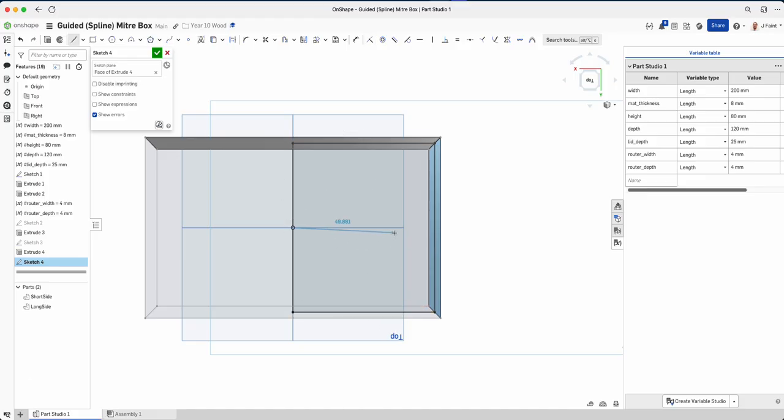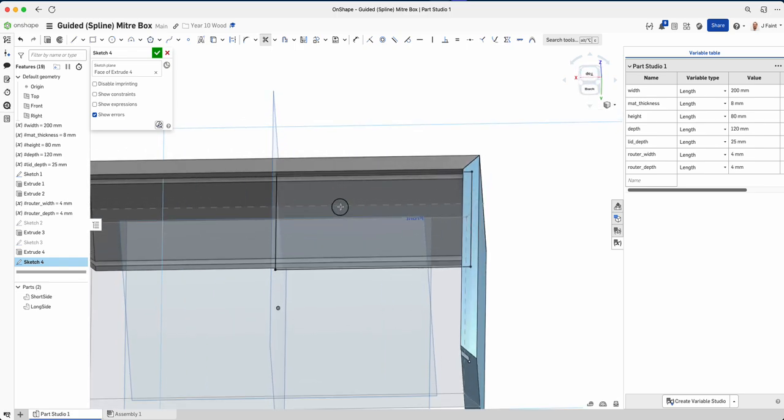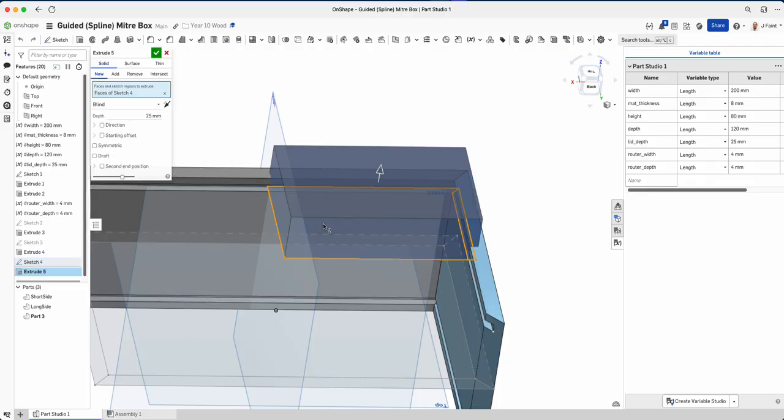I actually only want a quarter of it. So I'm going to go all the way through to that. And I can M, so M is trim, cut those ones out. So I've just got a quarter for the moment, and then we'll work from there. So what we're going to do now is go Shift E, and we're going to bring that up our material thickness,